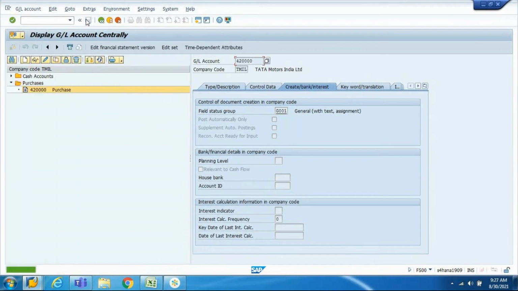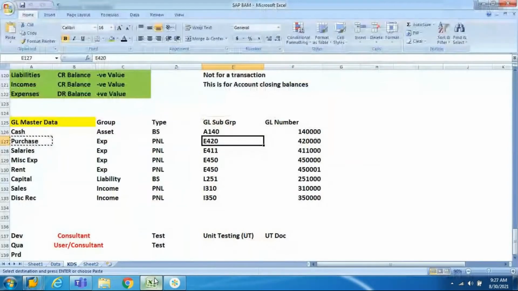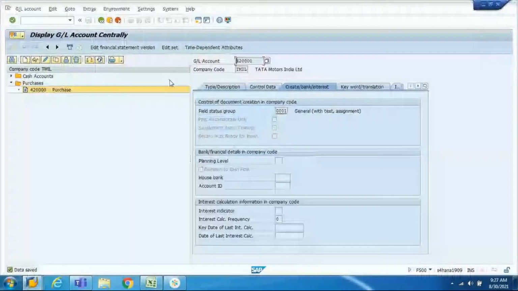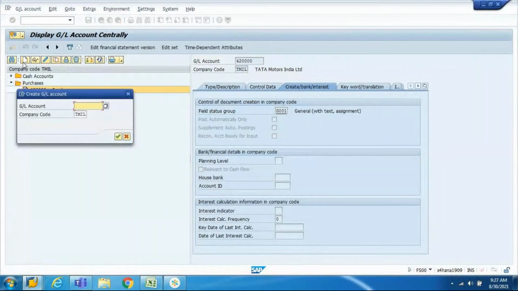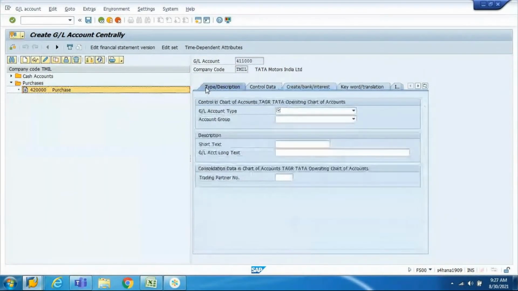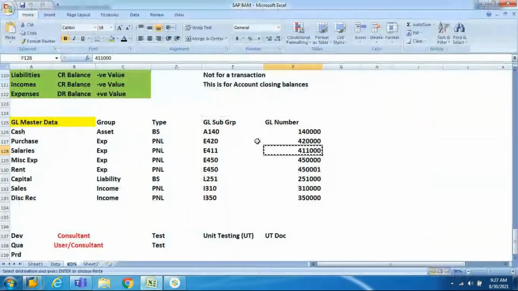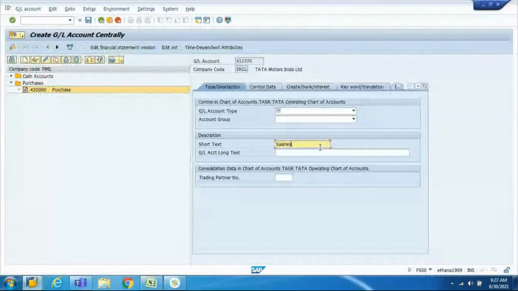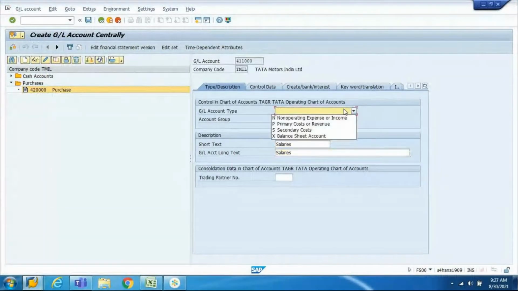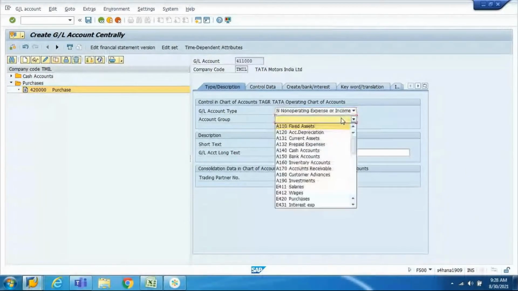Now purchase account is saved. So what else we will do is, we'll create salaries. Now you can create very quickly. Salaries, come here, give the salary account, go to type description, select salaries, and give salaries here. For now, we'll take everything as non-operating, and I'll select salaries,